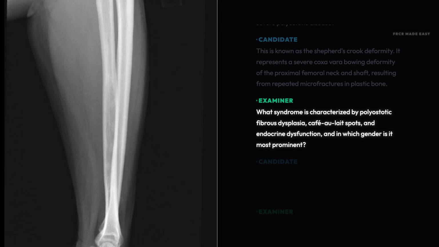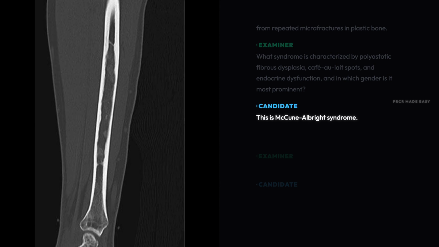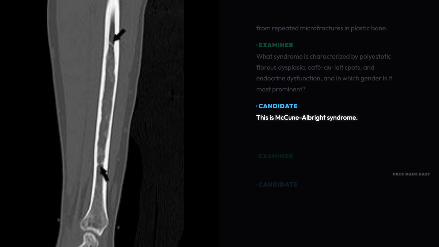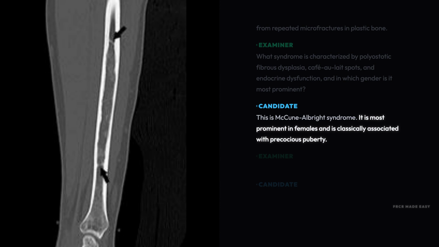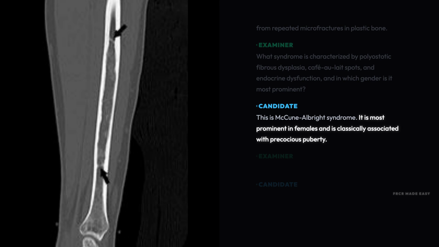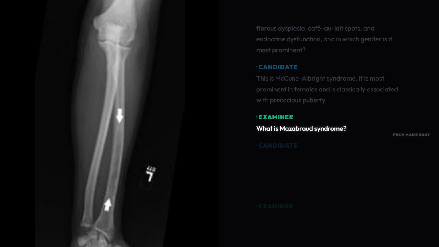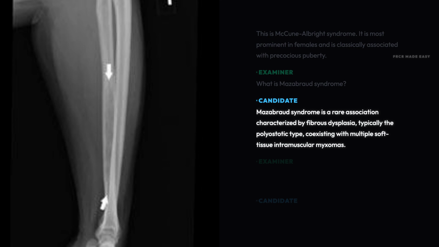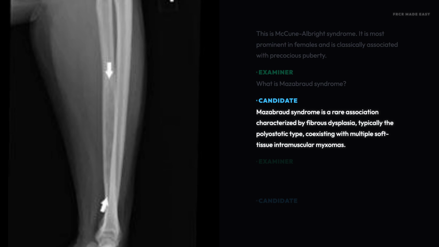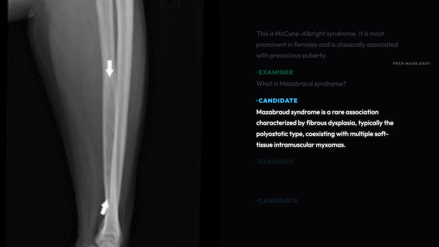most prominent? This is McCune-Albright syndrome. It is most prominent in females and is classically associated with precocious puberty. What is Mazabraud syndrome? Mazabraud syndrome is a rare association characterized by fibrous dysplasia, typically the polyostotic type, coexisting with